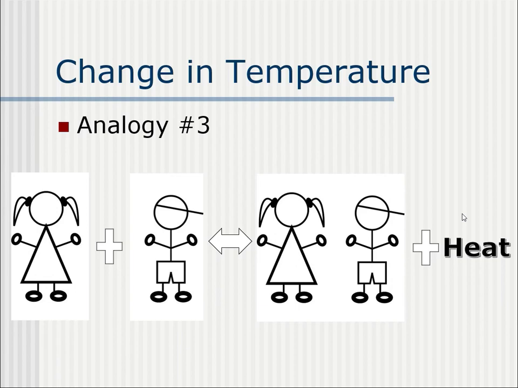So I'll ask the magic question. What's going to happen to the temperature of Century High School throughout the day? Well, it's in equilibrium, which means the rate of the forward and the rate of the reverse are going to be equal. So I argue that all we've done is drive Miss Lawless crazy by having her play with the thermostat all day long, but the temperature of the school will not change, because the rate of the forward is equal to the rate of the reverse. The number of times she bumps up the temperature is going to be equal to the number of times she bumps down the temperature, until we provide a stress.